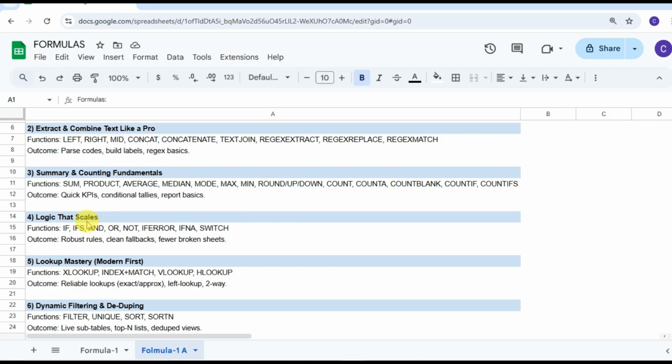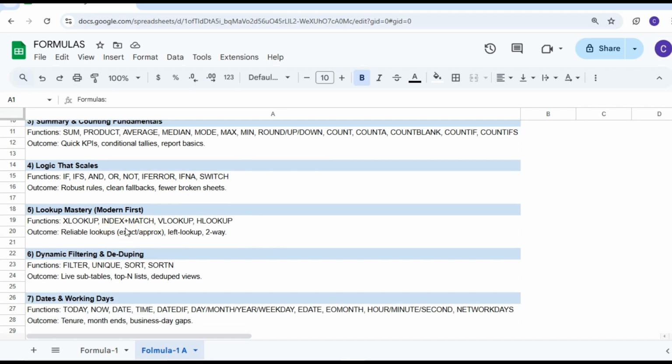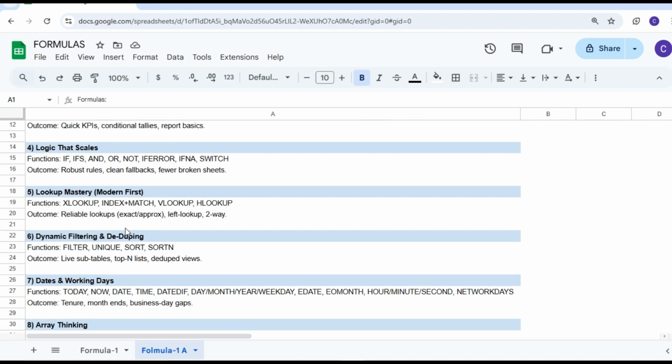Then there are formulas related to logic. For example, suppose we have to bucket the data, then we can use the IF formula. The IF formula we can use to check the condition logically. For example, if there are two conditions and I want both the conditions to be true, then we can use the AND formula. Similarly, we can also use the OR formula. Or whenever you are dealing with errors, you can use the IFERROR, IFNA formulas. Similarly, for lookup values, you can use XLOOKUP, VLOOKUP, HLOOKUP, INDEX MATCH. So you have to select the formula according to the use case you want to solve.